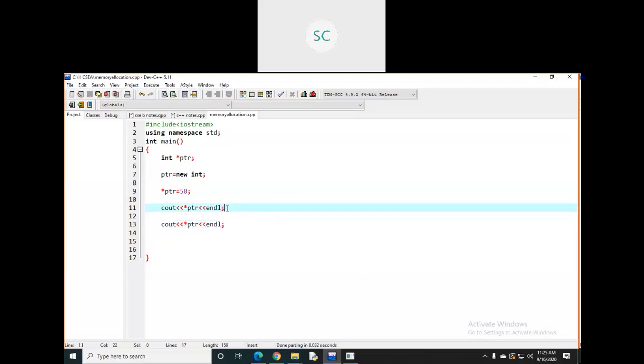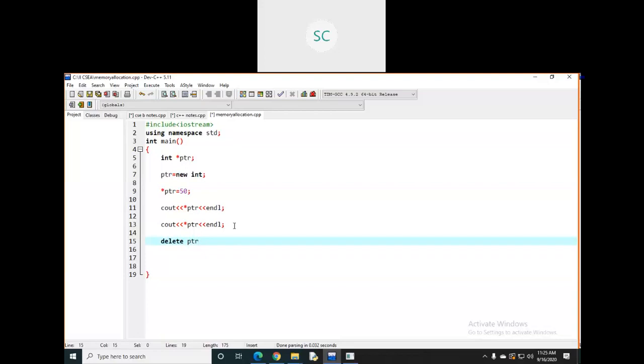Up to here I've just used that thing. After this statement I'm just deleting that memory. Just simply use delete. Delete is a keyword, you can also say an operator. Delete that pointer, just use ptr, which means that address you are going to delete.